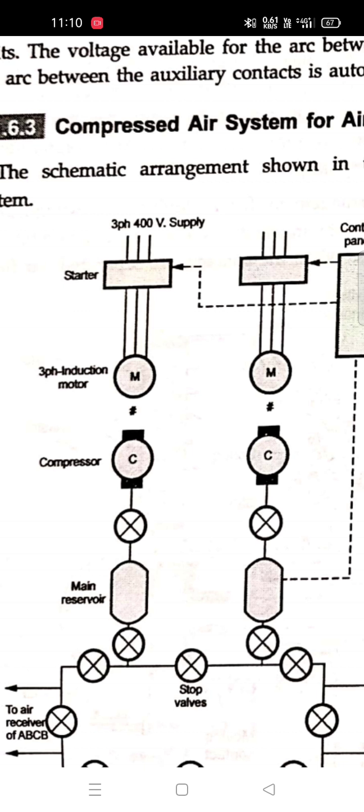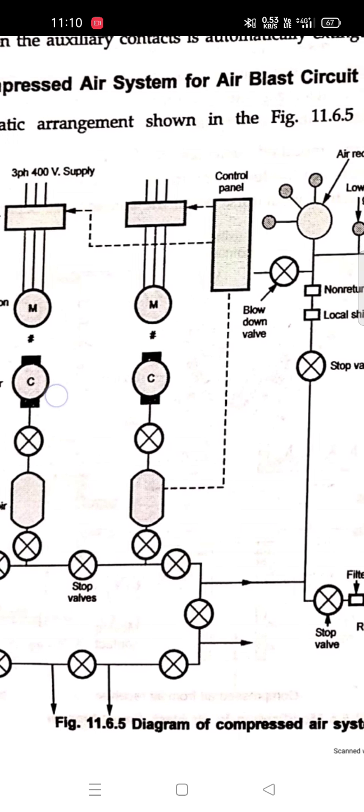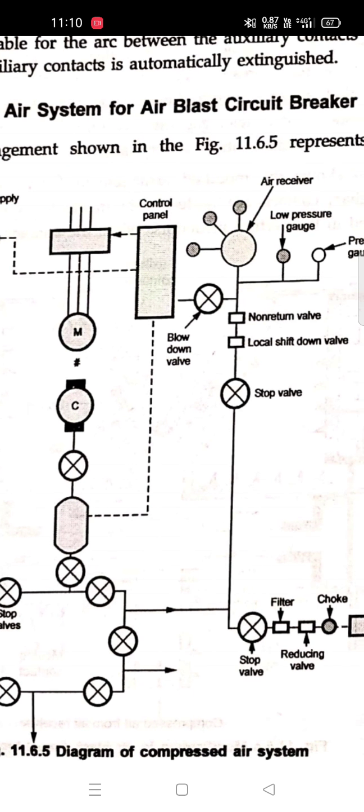When the pressure in the air reservoir of the circuit breaker reduces below a certain value like 20 kgf per centimeter square, the pneumatic valve opens automatically and air is allowed to enter the air reservoir from the compressed air system at high temperature. Here the pressure in the air reservoir is then maintained at a desired value.